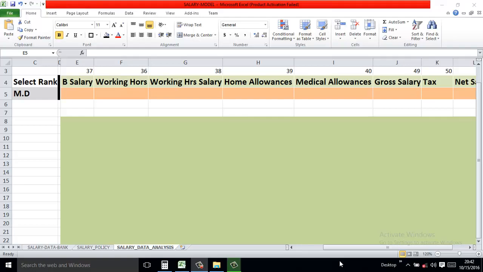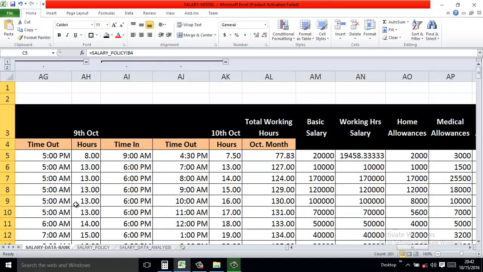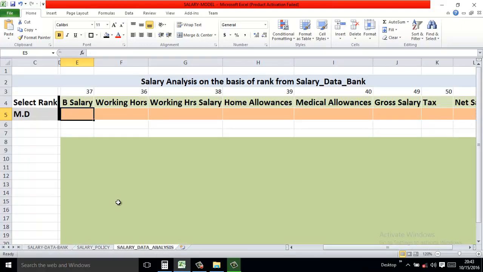Salary management system. In this tutorial we will discuss how we can analyze data on the basis of the different ranking from the salary data bank. If I need the salary for a particular designation, I'm not supposed to go to the salary data bank and search manually for the required information. Our aim today is that we just select or input the data from the data bank, and then we get